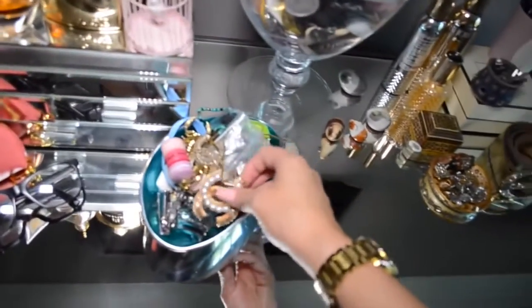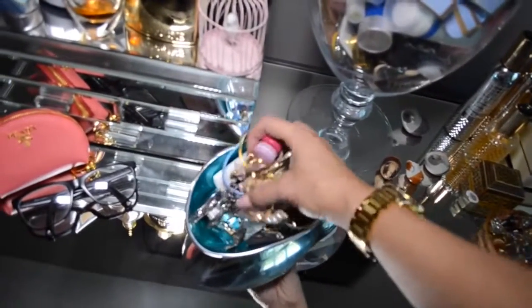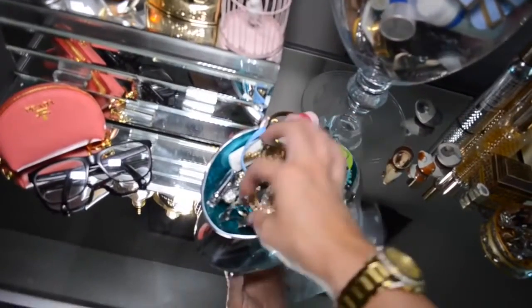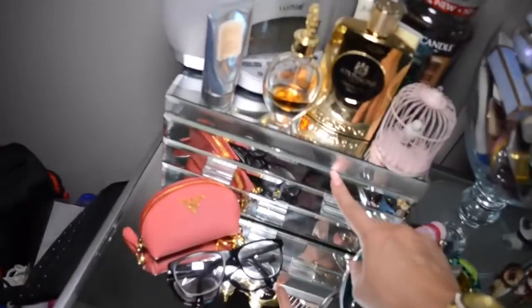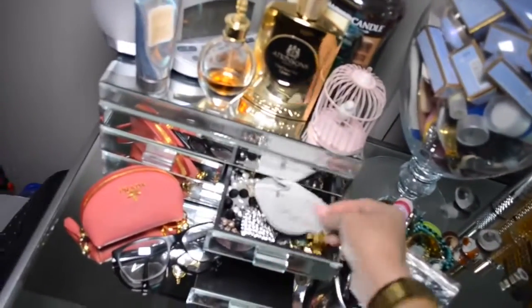Then moving along again, this is more jewellery, but this is stuff that I wouldn't necessarily wear every day, but yeah, I've got loads of things there. Various bits and pieces. This is a jewellery box. Again, I don't tend to like...